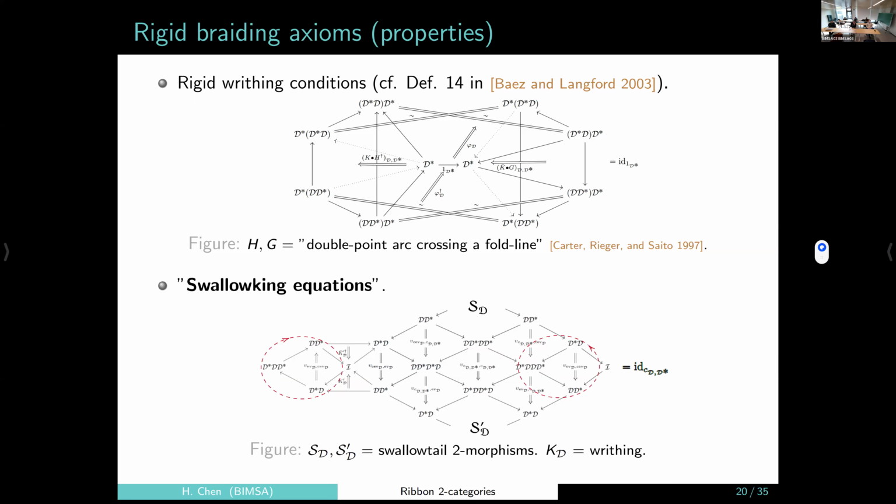I can just write it down as, by one I mean the identity natural transformation, a two-morphism, a big two-morphism. But with the introduction of the braiding, I can also write down this very big diagram. I can put the swallowtail two-morphism here, which remember concerns the snake